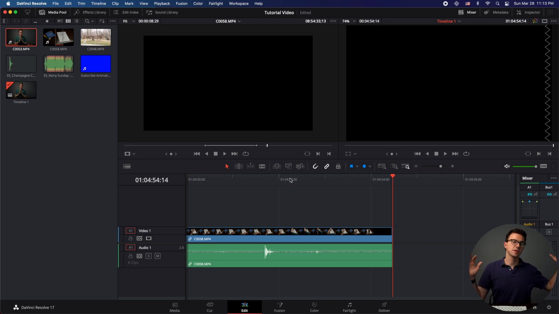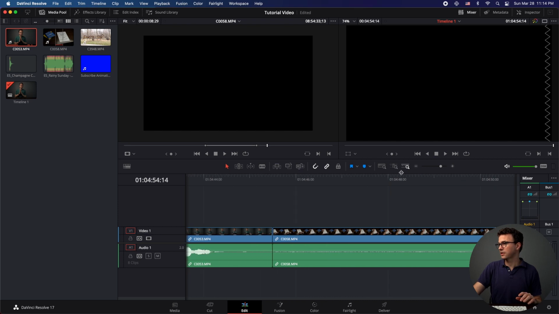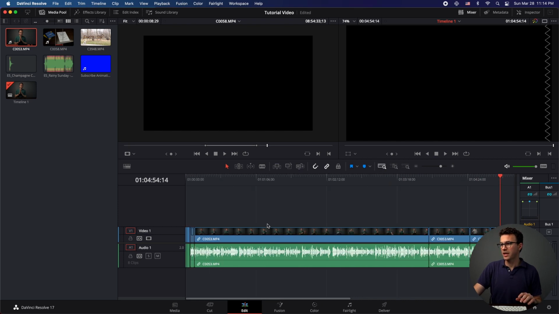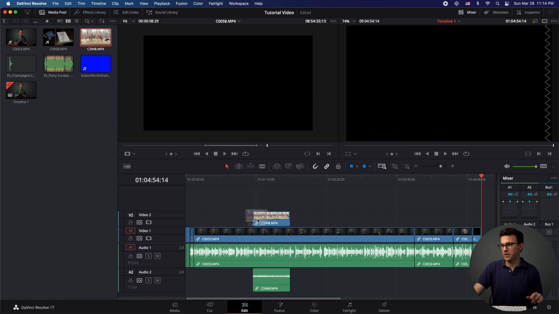And now I have something that makes sense from beginning to end. Now it's a matter of adding stuff onto it from there. So let's say I wanted to add some B-roll. If I zoom all the way back out again, and say at a certain point I was talking about the animals that are outside my window. There's some deer and turkey that come by and visit me.